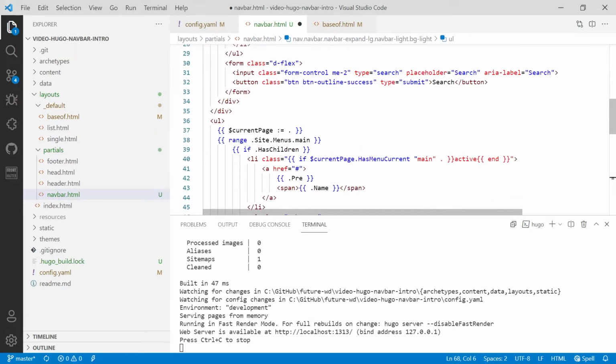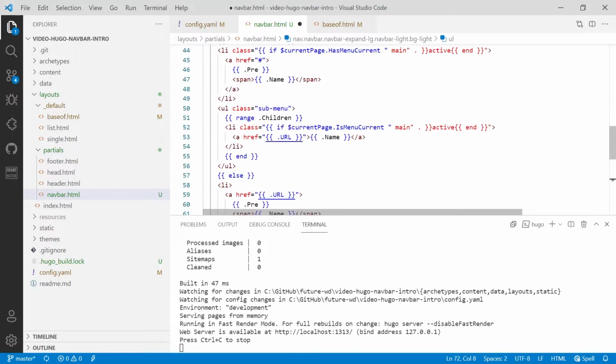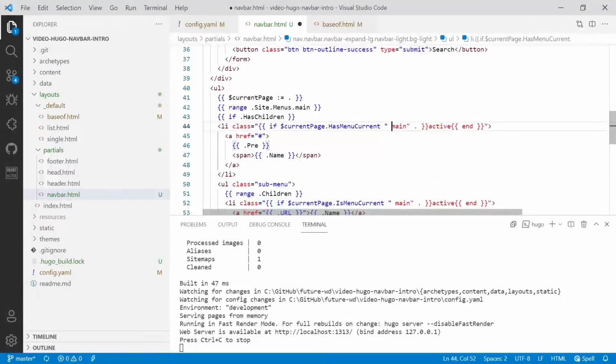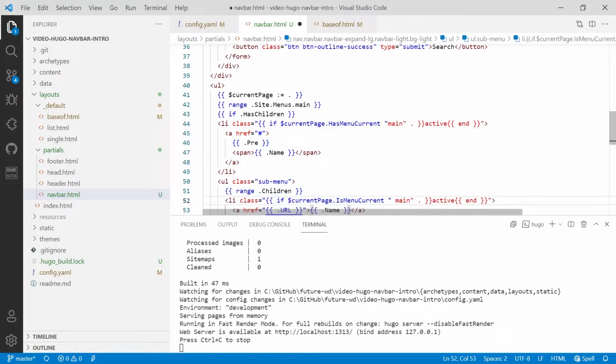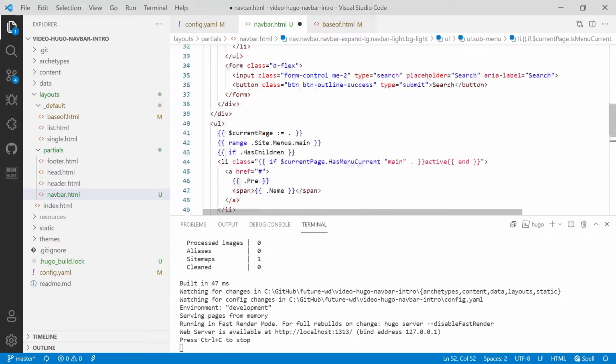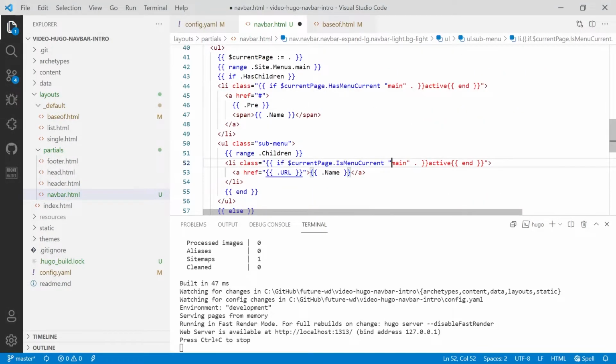I'm then going to use, on my Windows here, Windows Shift F to format the code. The only problem with this is you will get a space before the word main and you'll have to take that space back out. Alright, now we're not going to be doing a two-level menu, so in a moment I'm